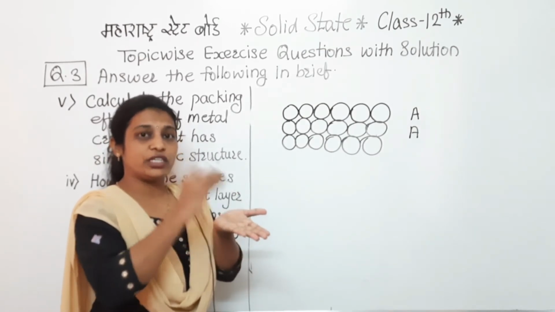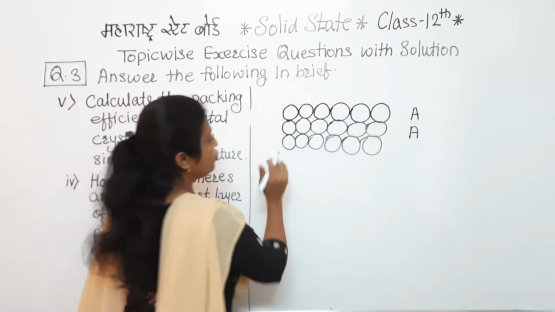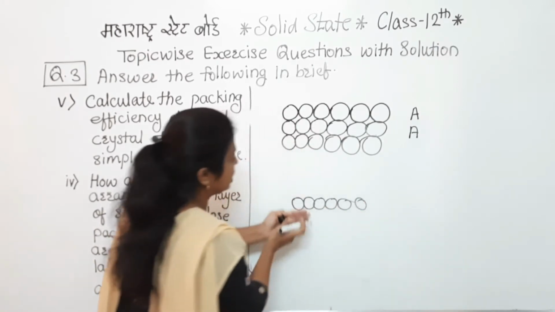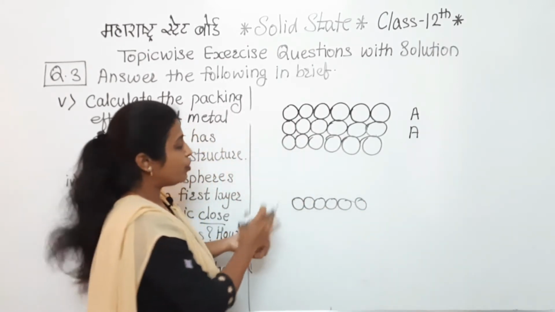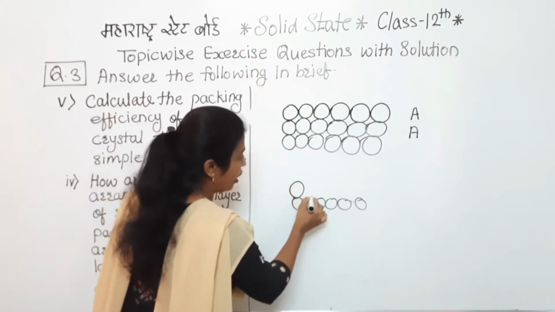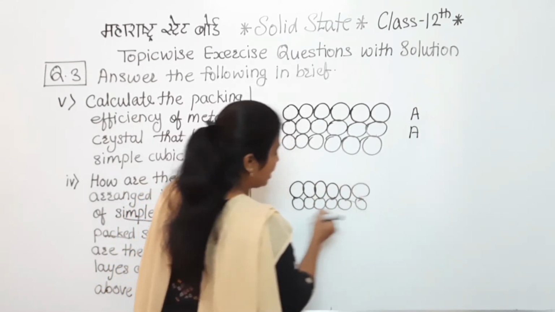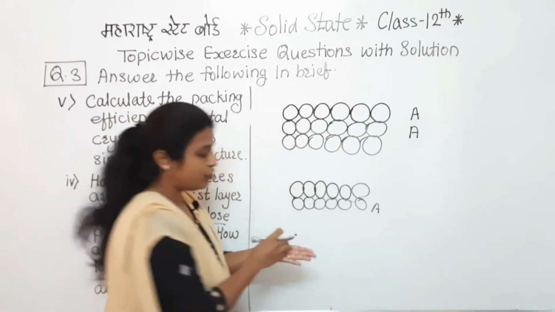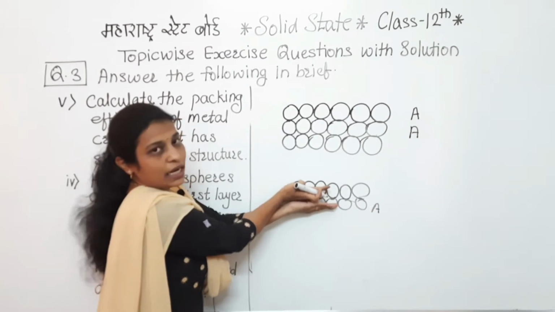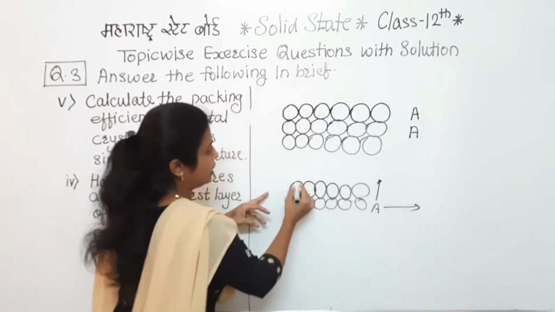When we are arranging the second layer just above that, means that will be the vertical layer, for that I will draw this diagram like that. So here we can say the backside diagram is there. When we are arranging above, means vertical, at that time they are also arranged just above the previous sphere, like that. Means this is the A of the first layer and this is the A of the second layer. Are you getting my point? So this is the horizontal and this is the vertical, like that.